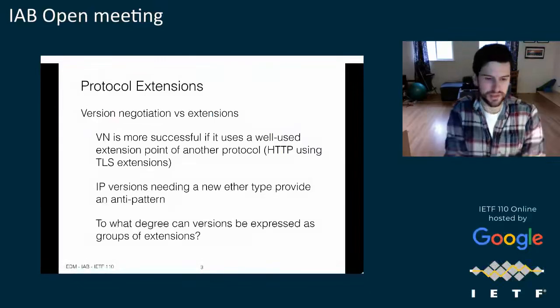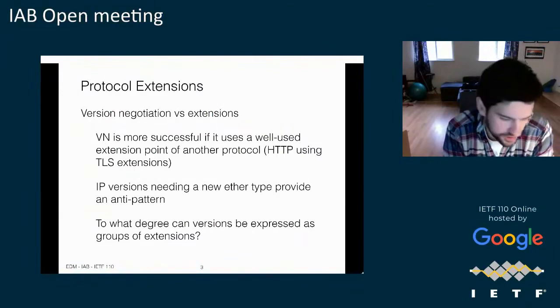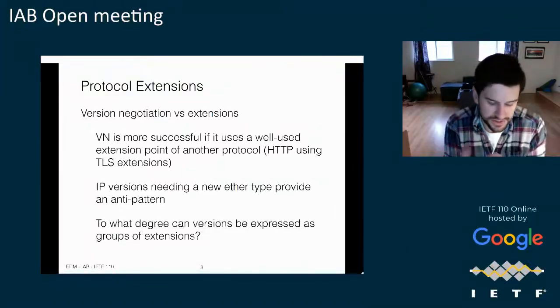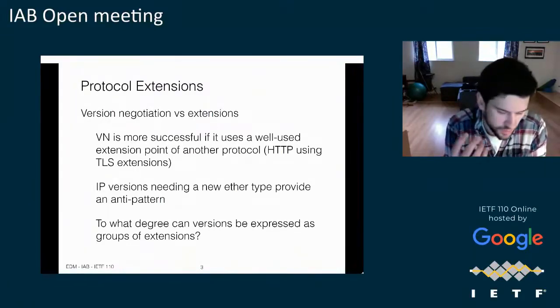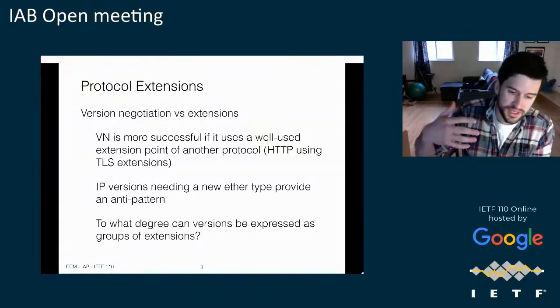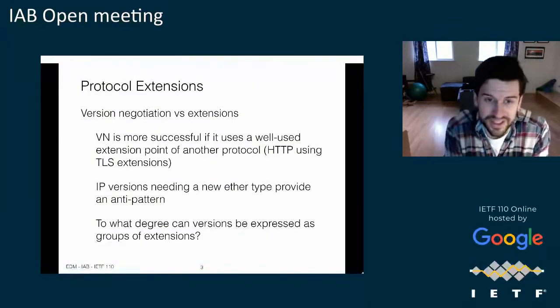At the last meeting, one of the major topics we covered was looking at the mechanisms that we're using for protocol extensions, and whether there are things that we could add as notes to the Use It or Lose It draft. One of the topics was looking at the relative success and how ossified we see things when we're using something like a proper version negotiation versus just extending a protocol. One of the observations in the document is that you want to be able to use an extension point often, and that is the best way to ensure it does not ossify.